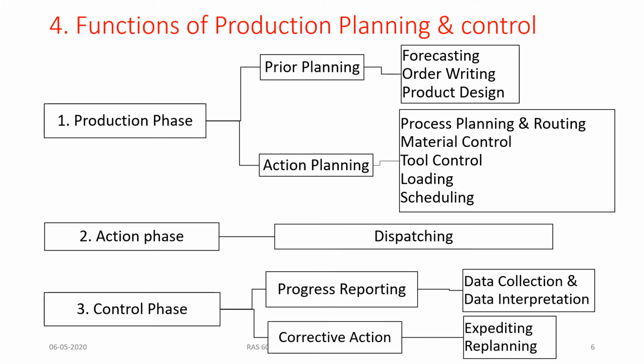After completing the planning phase, the actual operation has to take place. During this phase, dispatching is an important function carried out by the production planning cell. They are the people who give the decision, or give the suitable order, on when a particular raw material should be dispatched from the store in order to be processed on the shop floor. And so dispatch cards are prepared.